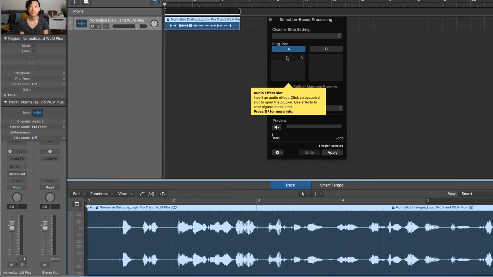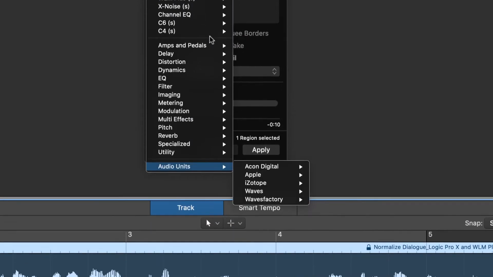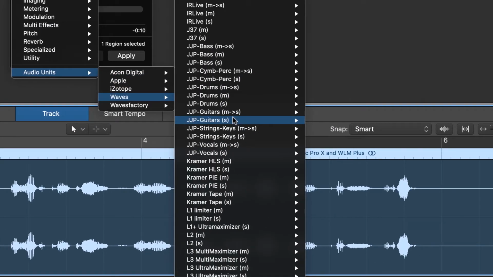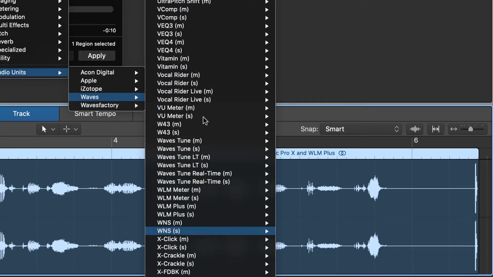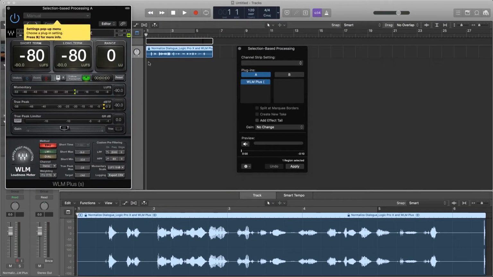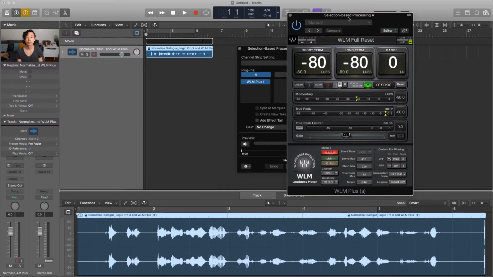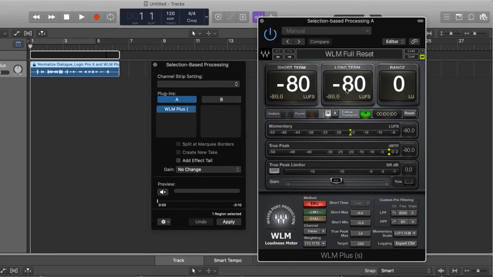So let's go here and get to our plugin, audio units, waves. We're using WLM plus to normalize our audio, which is at the very bottom here. Stereo. And this is our interface. So if you look here, you'll see this long term, which is essentially the average over the entire clip. And so we want this average to land within our normalized sort of